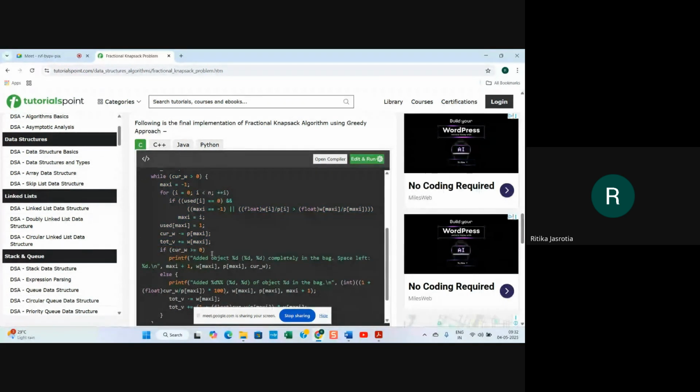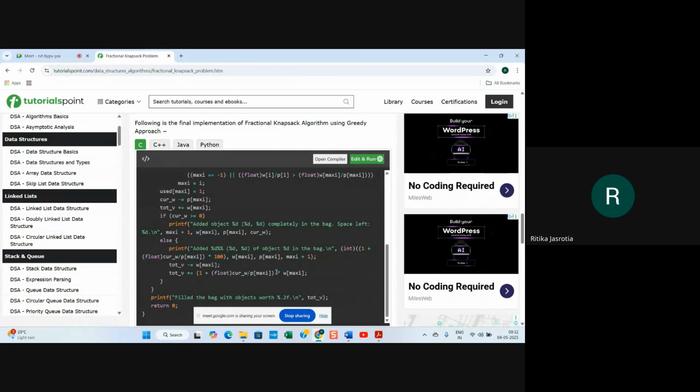If current weight is greater than equal to 0, printf added object percentage d percentage completely in the bag, space left percentage d, max I plus 1, w max I, p max I, current weight. Else printf added percentage weight object percentage in the bag, int I plus float current weight divided by p max I into 100, and total weight minus is equal to w max I, total weight plus is equal to